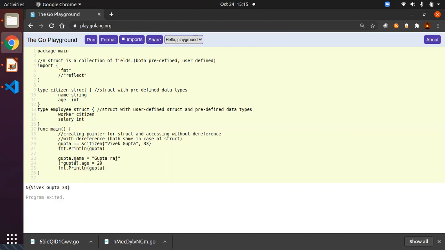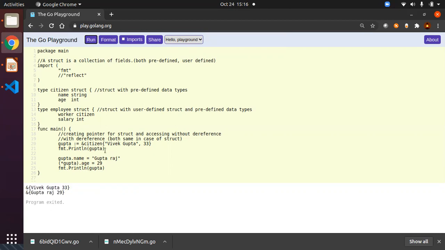Whenever you make some changes to an address reference, it will not normally reflect in the actual value. But in case of structs, either you can go with the pointer or you can go with the direct value by dereferencing. Both ways work in the same way, so you will have the changes. That means whenever you have the struct, you can update its values using the struct itself, or you can use the pointer to the struct also. Let's execute and confirm that point.